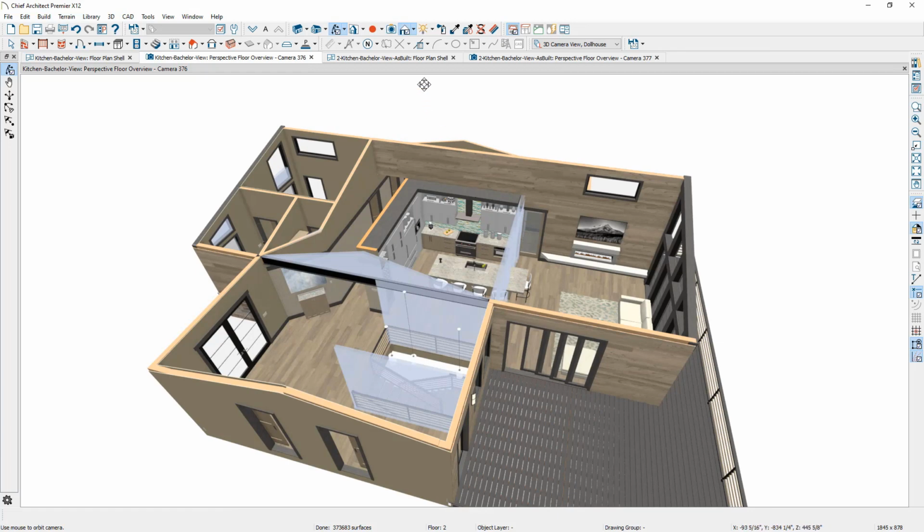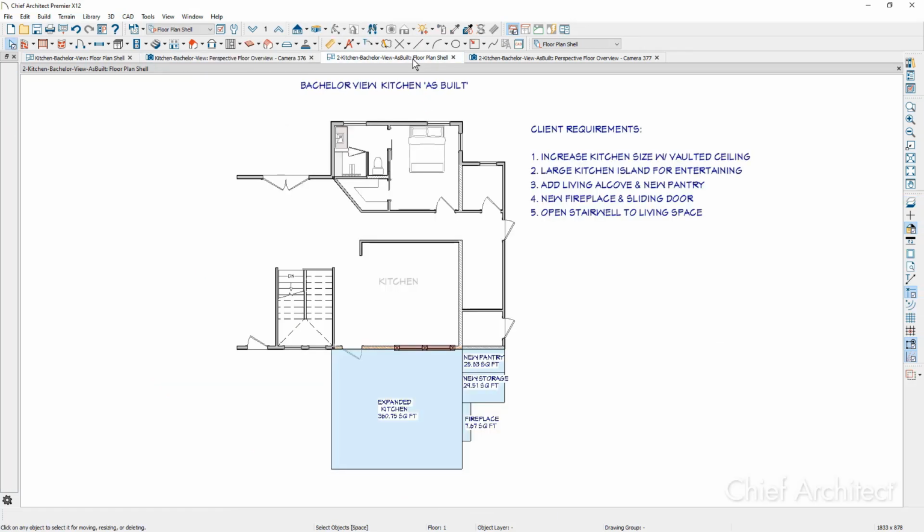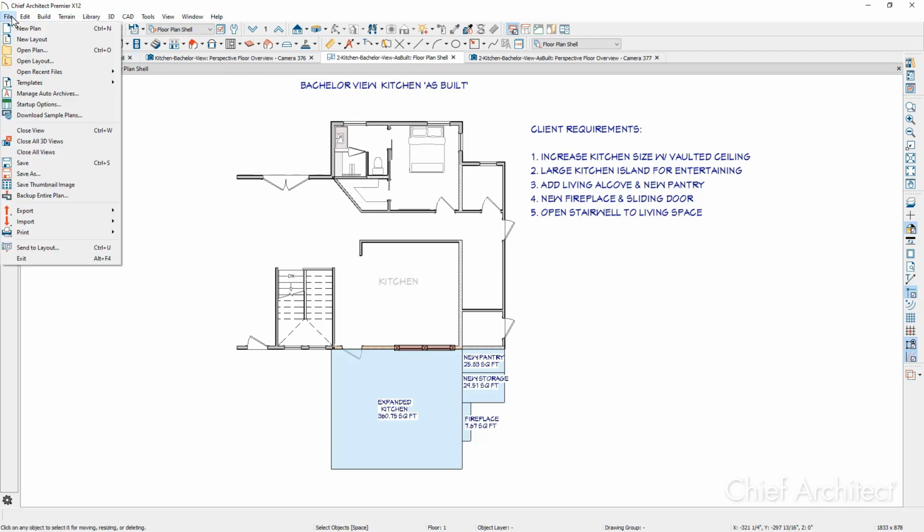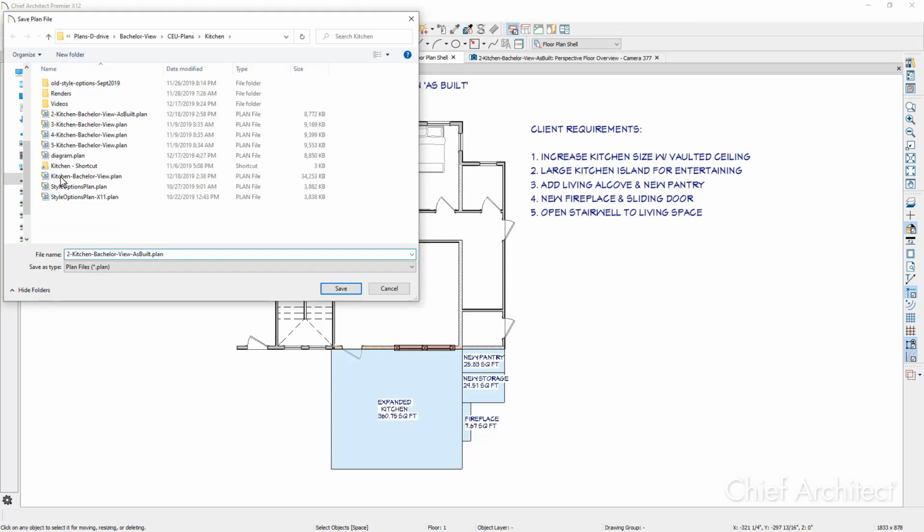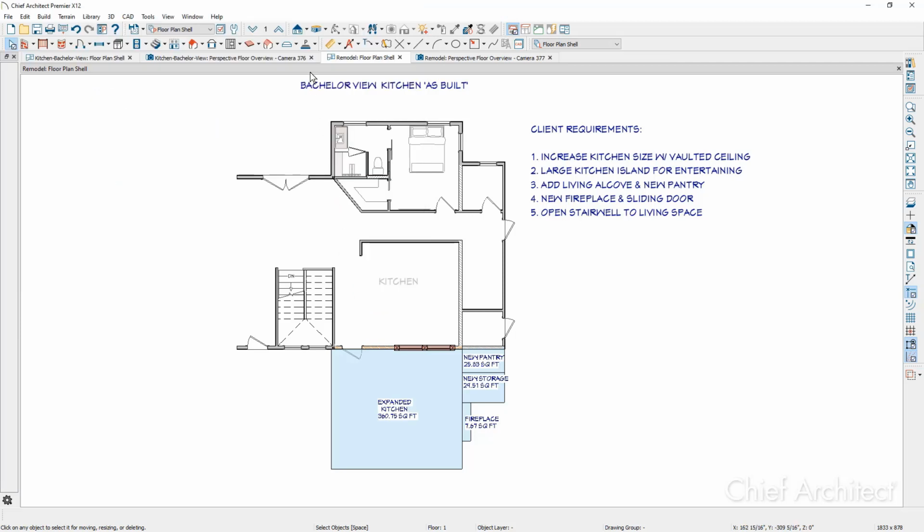The first thing that I'm going to do is take this floor plan that is the as-built and save it as the remodel project. Good practice: you go out in the field, you get your as-built measurements, you save that plan as the as-built, and then you can save it as the remodel project and then do the work. You can also then superimpose the two plans over one another and show the as-built and the remodel conditions. I'm going to go ahead and save this project using the Save As function, and I'm simply going to name it the Remodel Project. I'll go ahead and clean up a couple of the other views here.